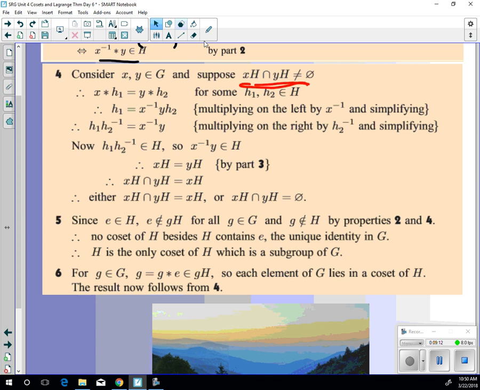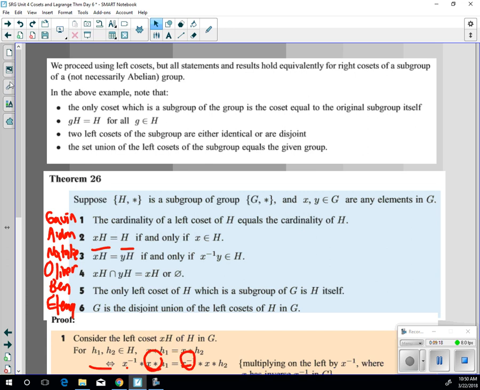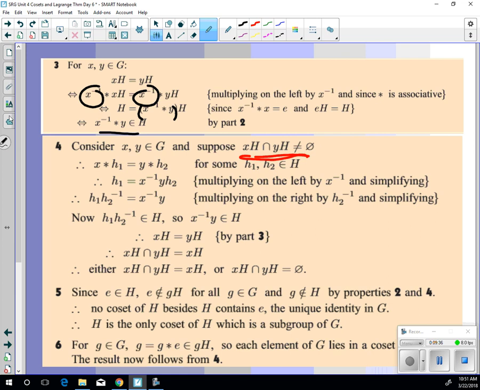Here's number 5. This one is really straightforward from the previous couple proofs we've done, and it says that the left coset of H, which is a subgroup of G, the only left coset of H, which is a subgroup of G, is H itself. And the reason for that is that to be a subgroup, it has to contain the identity, and from Oliver's proof, we learned that